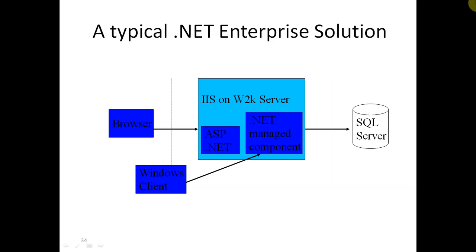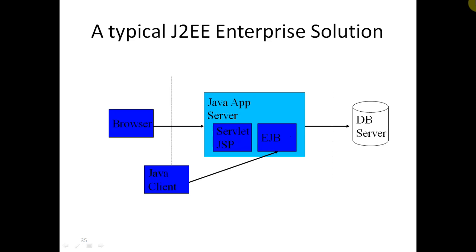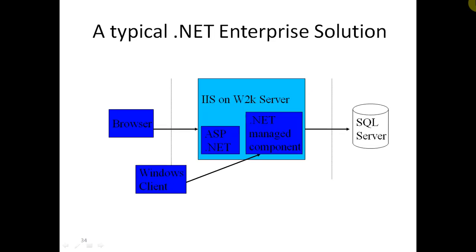So this is the client server view of the .NET Enterprise Solution, and this is the J2EE Enterprise Solution. And in the browser we will have HTML or JavaScript code, and the server side code is servlet and JSP. EJB is in between. However, in this case, in the browser we have VBScript and JavaScript, HTML, C# script. So we can use any of the scripting languages with HTML, and there we have ASP.NET.